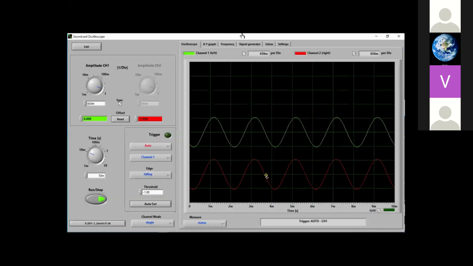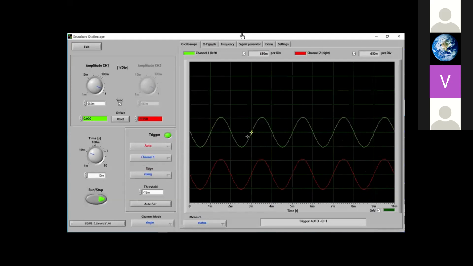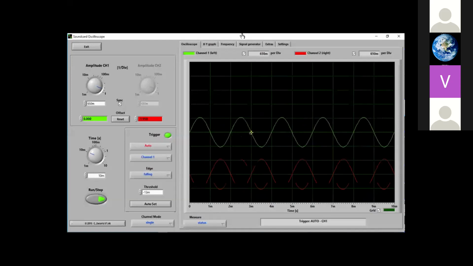Oh yeah, sorry, this is for channel 1, right? Now this is within channel 1, so triggering has started. Now see, initially it was on the rising edge, so you can see that the waveform starts from the rising edge, at the very beginning. At this point the waveform is rising. If you put it to falling, at this point your signal will fall. So this is basically used for other calculations in a real scope.